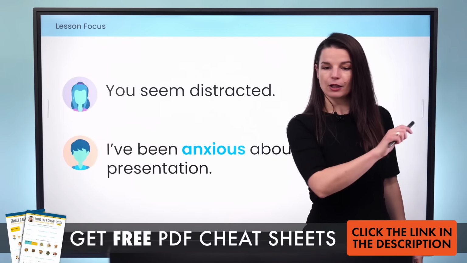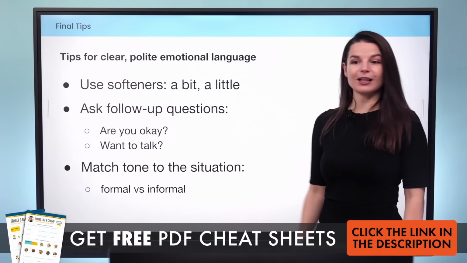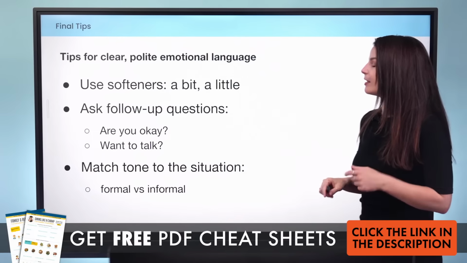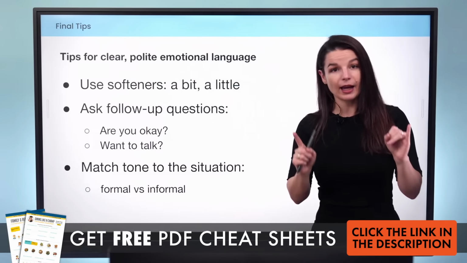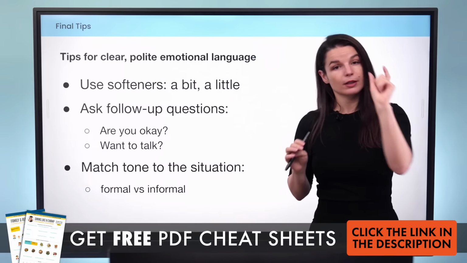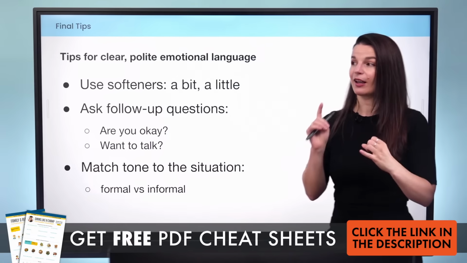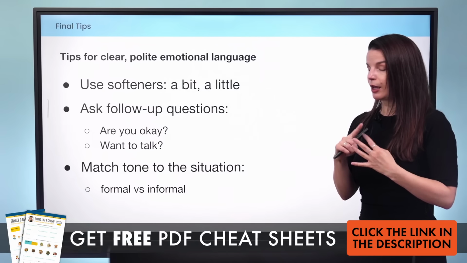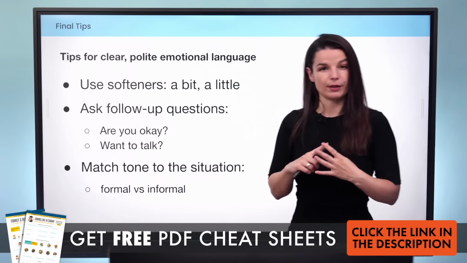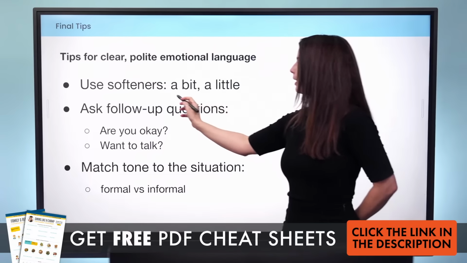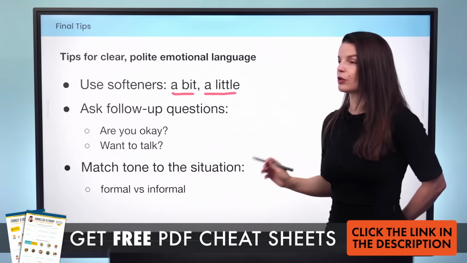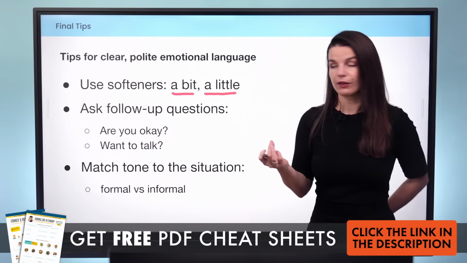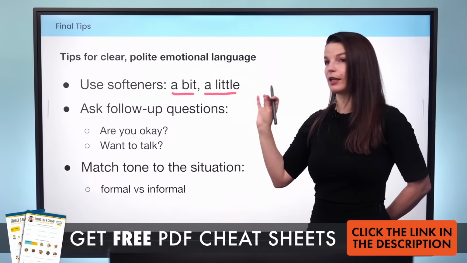Okay, let's go to the last one. We made it. Yay! All right, good. So today we talked a lot about these different vocabulary words and the very important, tiny little prepositions. Like we talked about for and with, of, and about, kind of as our focus ones today. But don't forget these softeners, these words we use to change the emphasis, to change the intensity of our feelings, like a bit and a little and extremely.